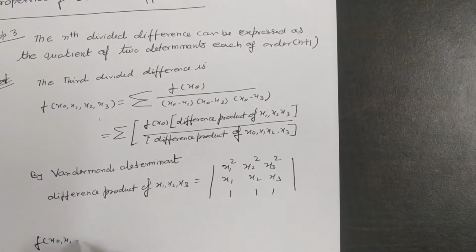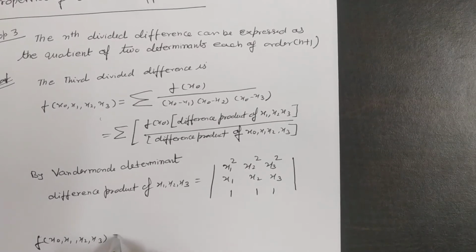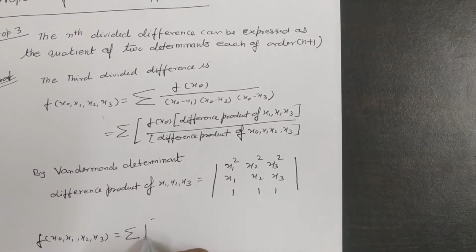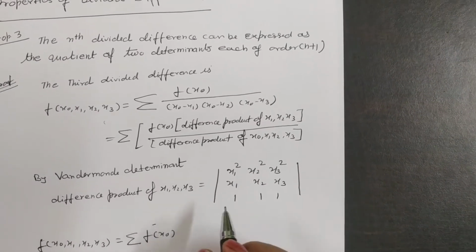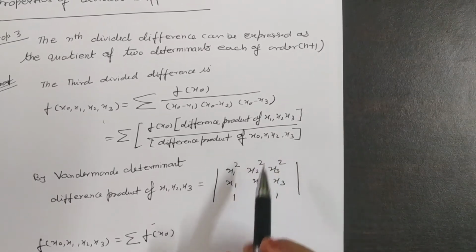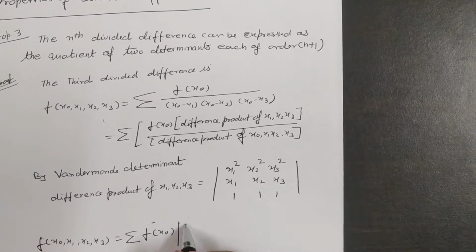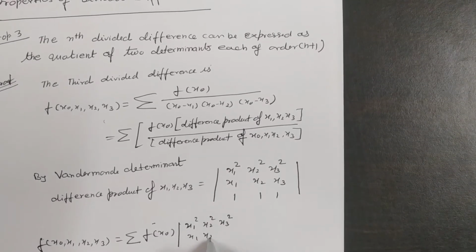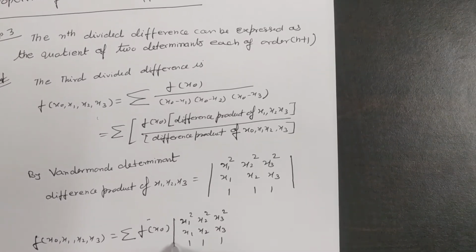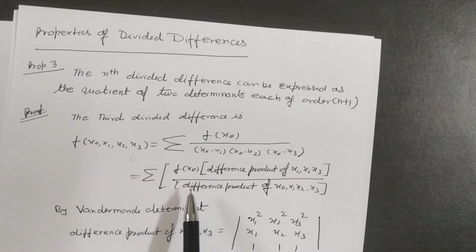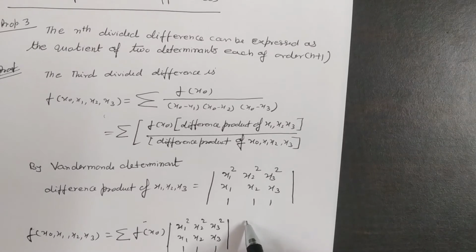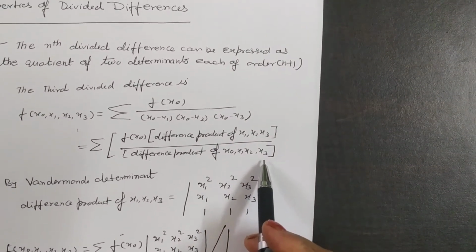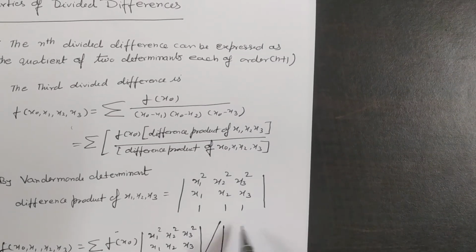x0, x1, x2 and x3, yes, this is sigma of numerator and denominator, and the numerator can be written as f of x0 and the difference product of x1, x2 and x3, which can be written as the determinant with rows x1 square, x2 square, x3 square; x1, x2, x3; 1, 1, 1. Okay. This, and now divided by this one. So everything is divided by the determinant of x0, x1, x2, x3,